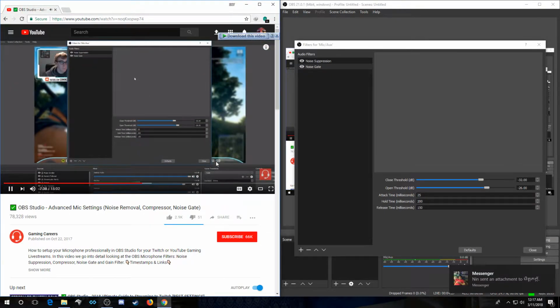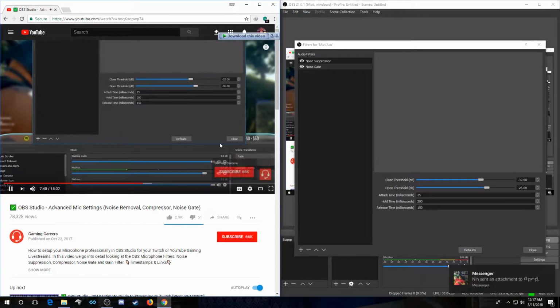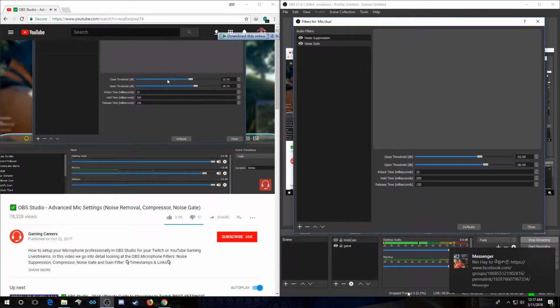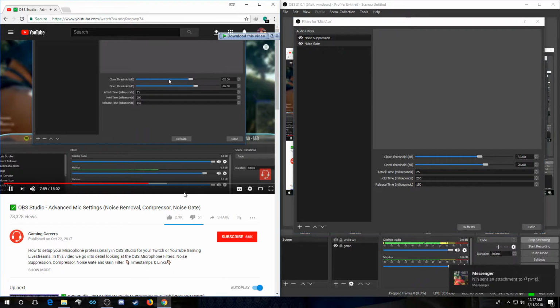The first two settings are close threshold and open threshold. So what we're going to be doing here is playing around with these settings, and we want to be looking down here at this green bar to make sure our microphone is turning on and off when it should be. Close threshold, the first setting, is a level in decibels at which your microphone will mute itself. If the audio level is below this threshold,